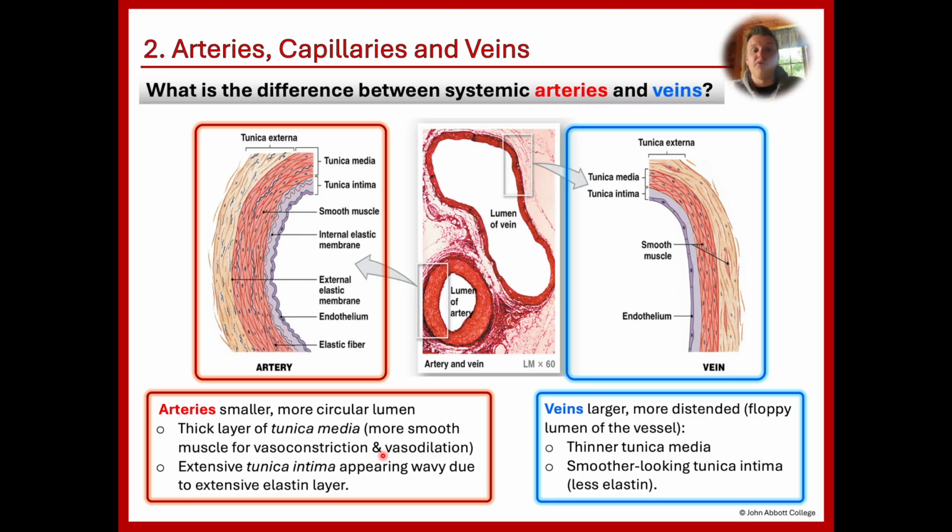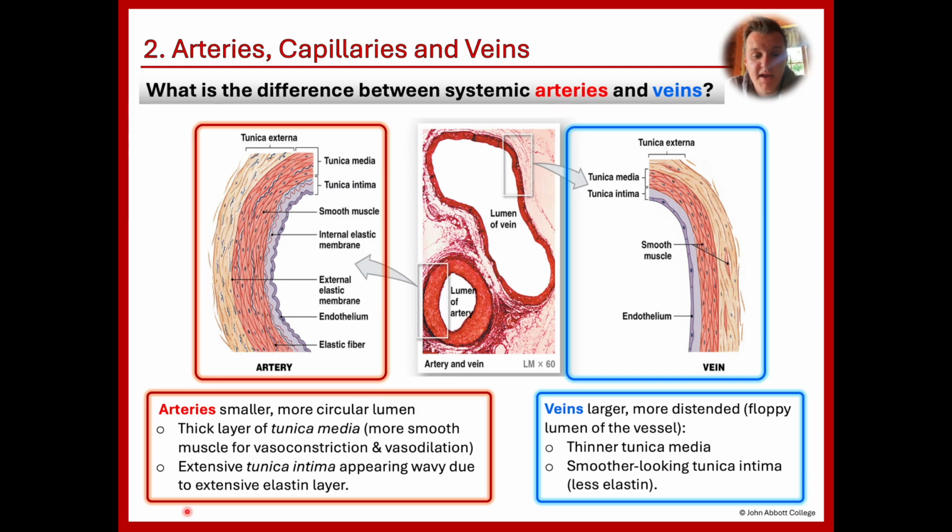We need to be able to expand because they need to change their shape to regulate the blood pressure. They're able to change how much blood is flowing to a certain region or not,